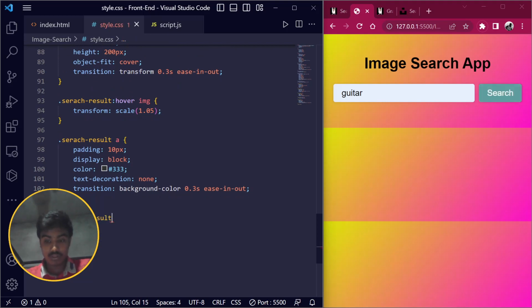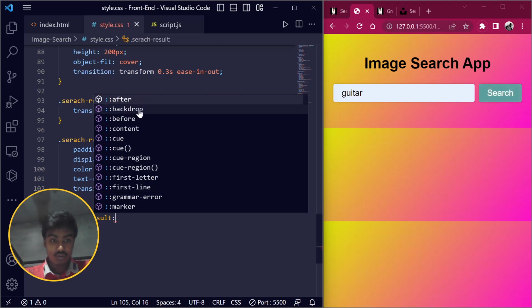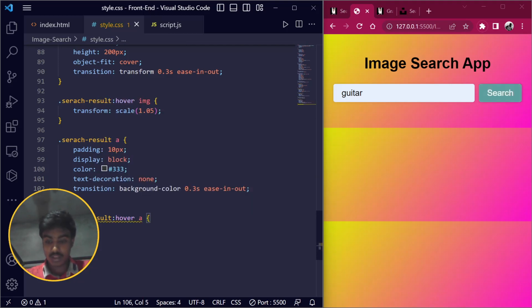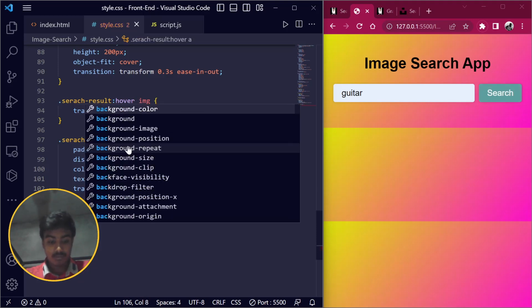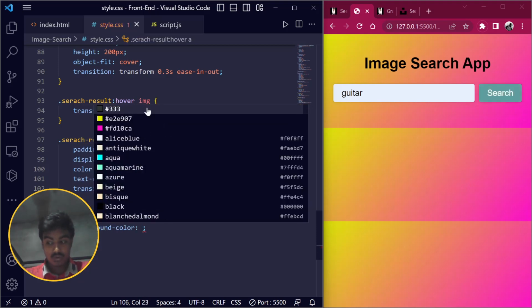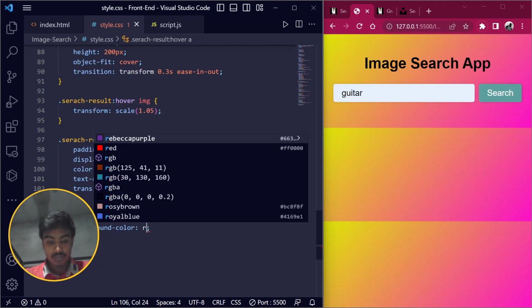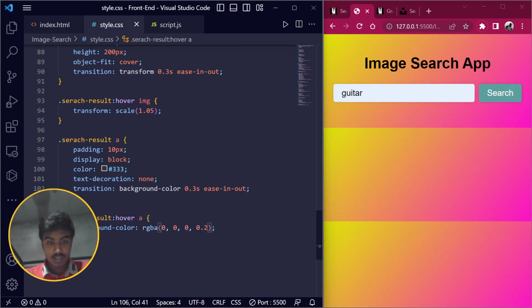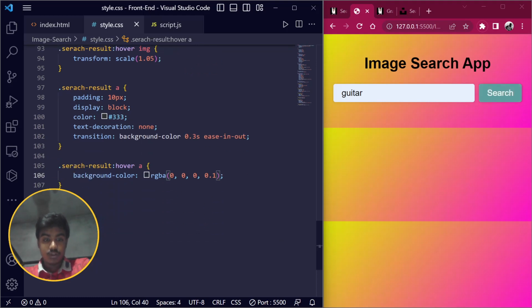Search result hover, then a, we want to give it a background color, which will be an RGBA value. Let's suppose it should be RGBA, and for now I want this not 0.2, it is 0.1. Okay,